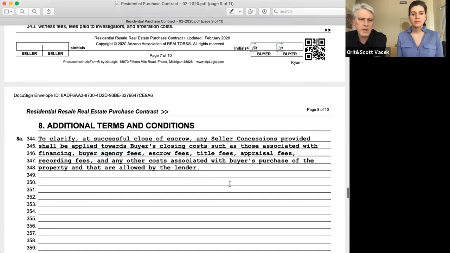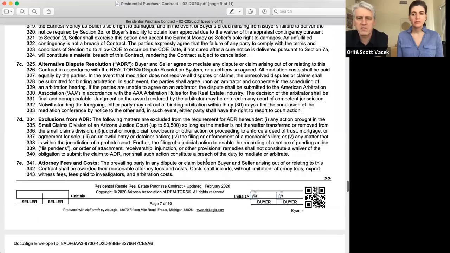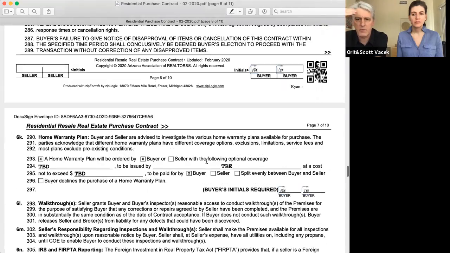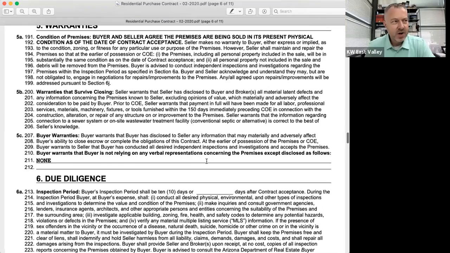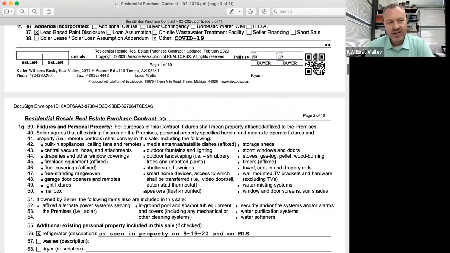Sure. Okay, so does that mean then if you're going in cash, typically you're not going to have concessions, and a cash buyer should expect to pay for all that out of pocket over and above, I assume? Typically, yes. If you're in all cash, you should. That's really what you should expect to be the case.